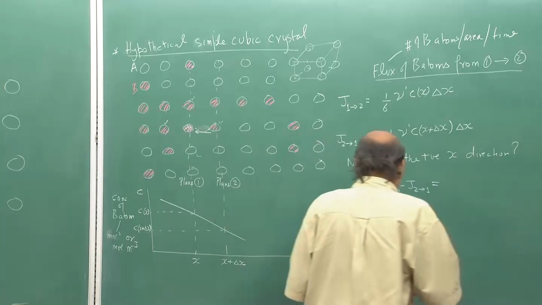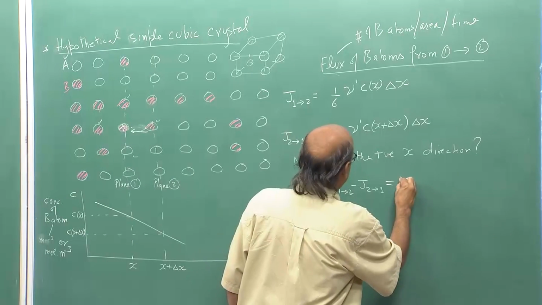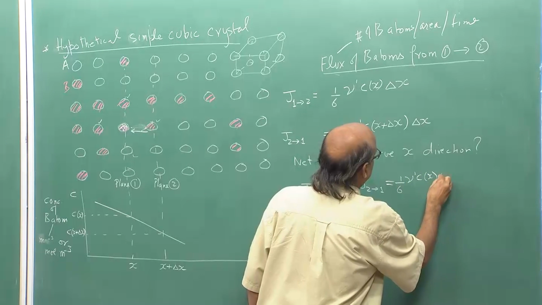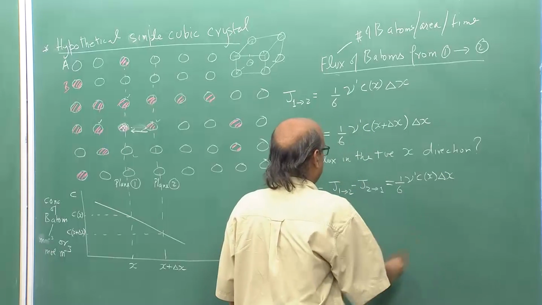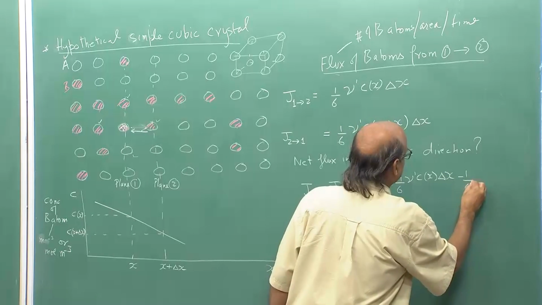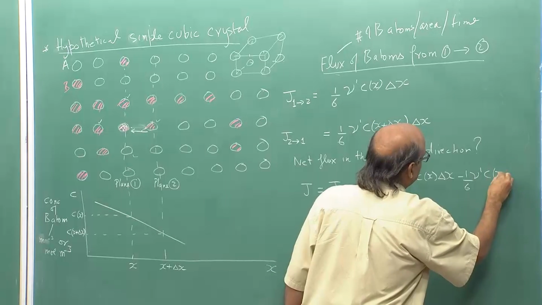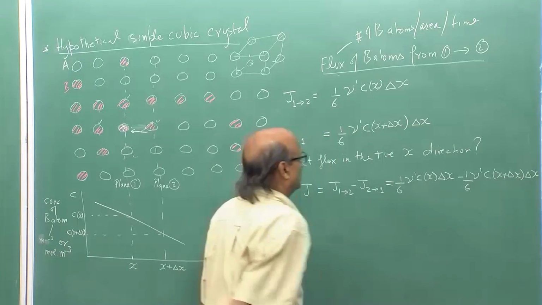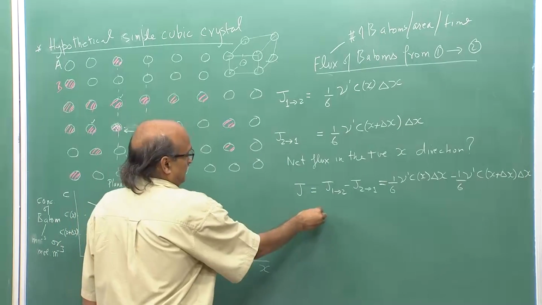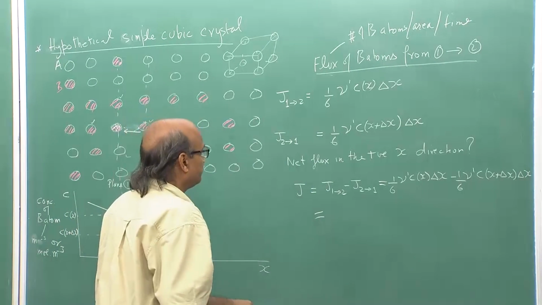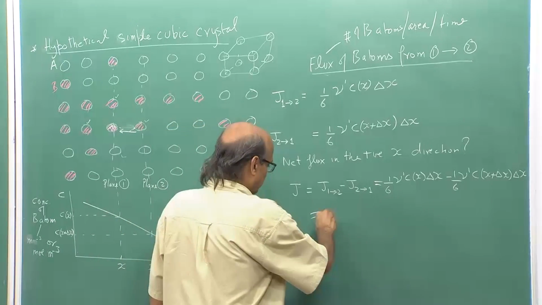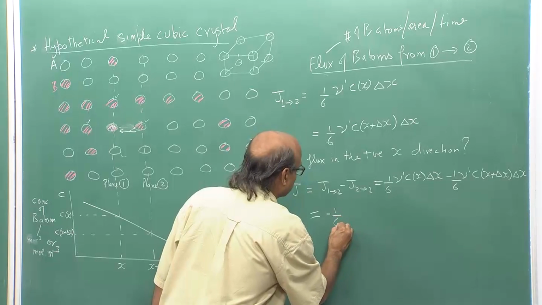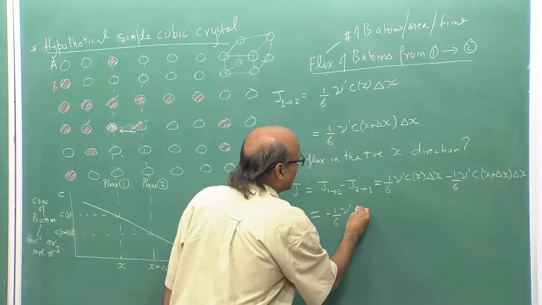If I write this, this is simply 1 by 6 nu prime C(x) delta x minus 1 by 6 nu prime C(x plus delta x) times delta x. This is equal to, let me rearrange it a little bit and write it like this, minus 1 upon 6 nu prime